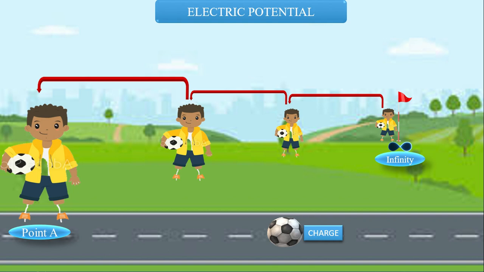Now I will remind you about the law of conservation of energy and what it signifies. So what is the law of conservation of energy? That is, energy can neither be created nor be destroyed. It can only be transferred from one form to another form. So if this boy is spending energy to bring the charge, then my question is where this energy is going. The boy is spending some energy to move a charge from infinity to point A. He is working for that. So where exactly is this energy going?